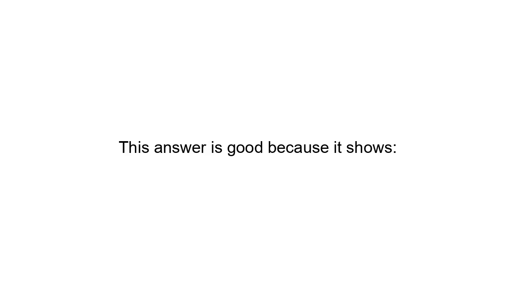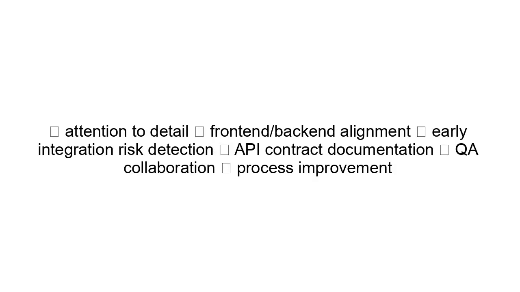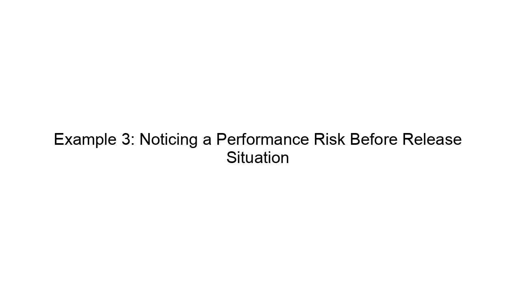This answer is good because it shows attention to detail, front-end back-end alignment, early integration risk detection, API contract documentation, QA collaboration, process improvement. Example 3. Noticing a performance risk before release. Situation: